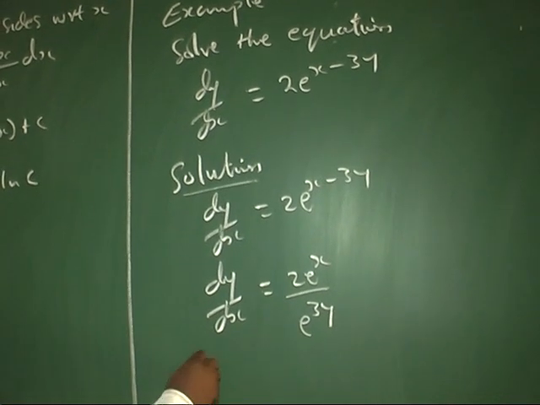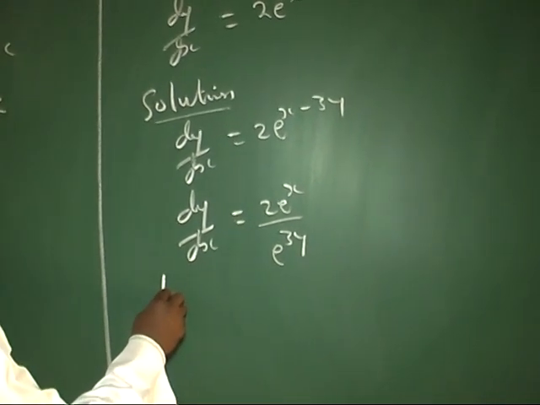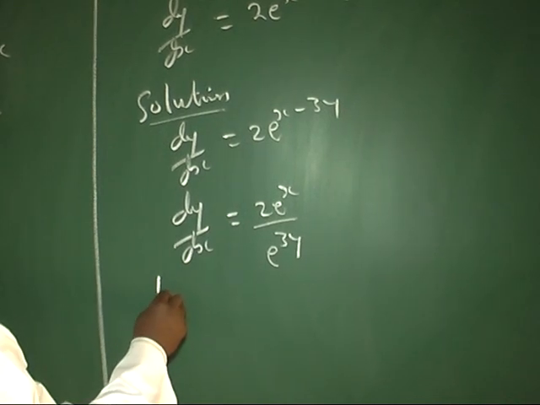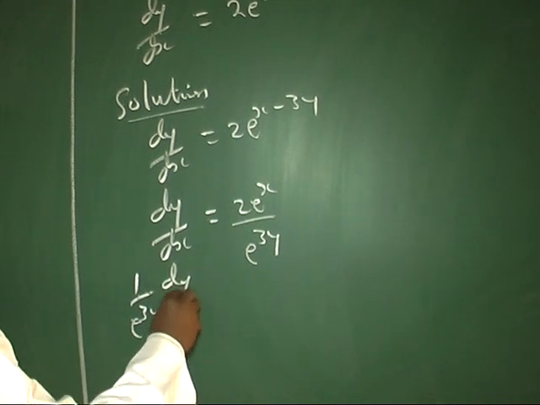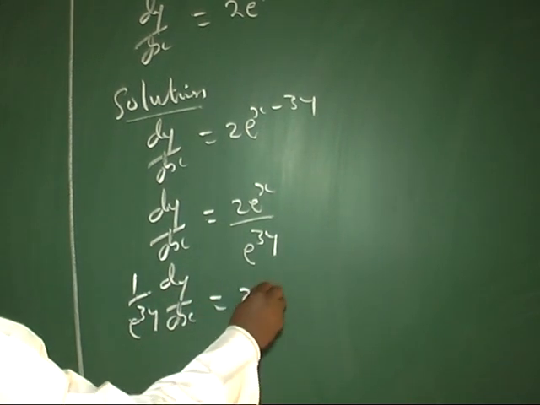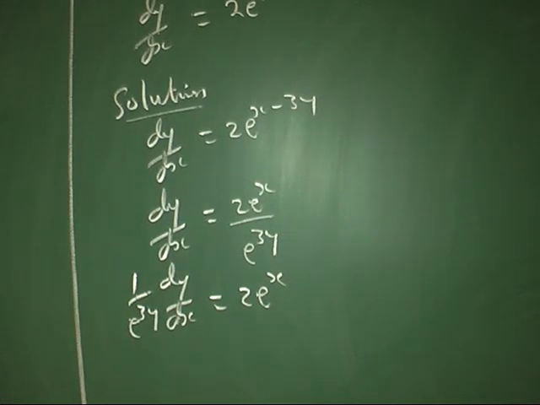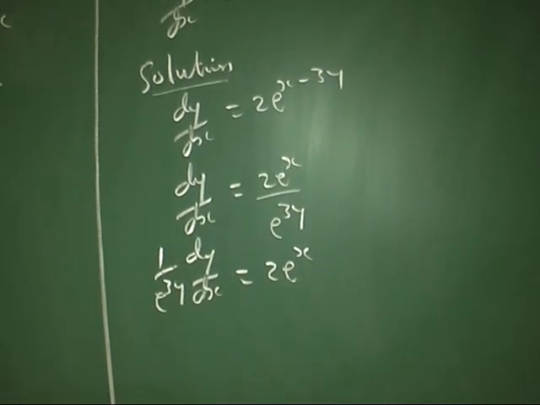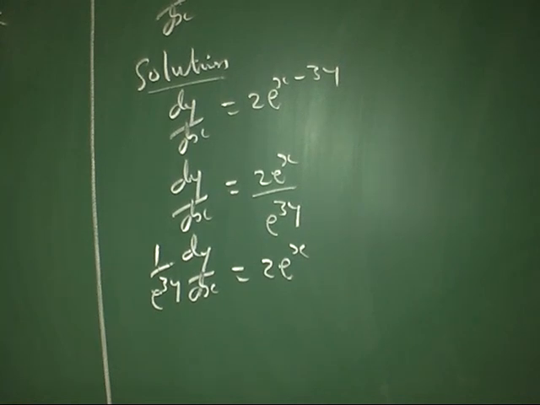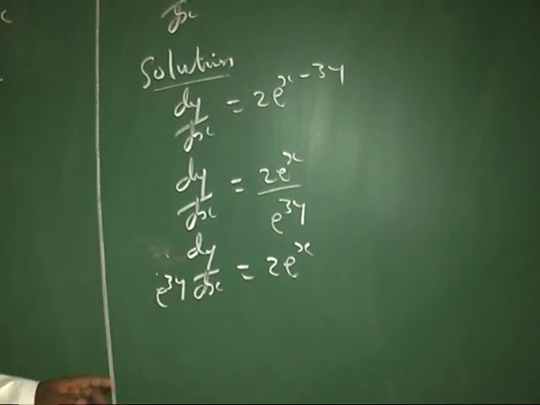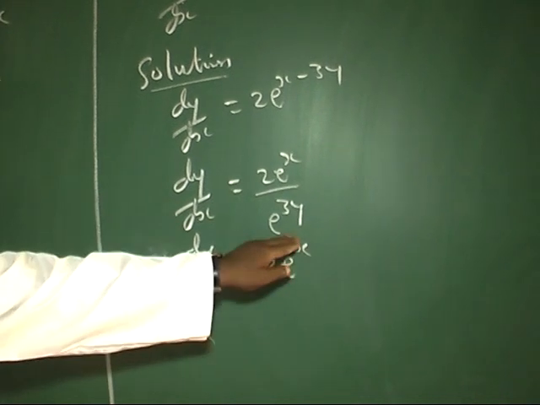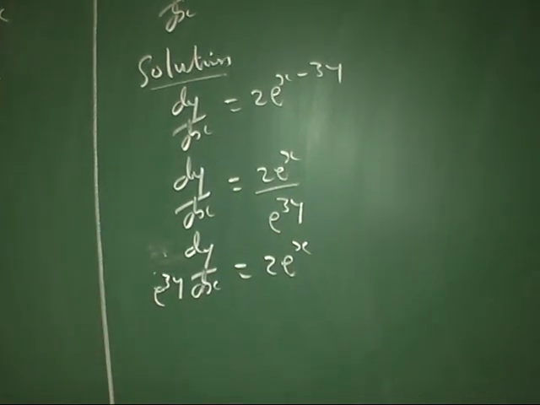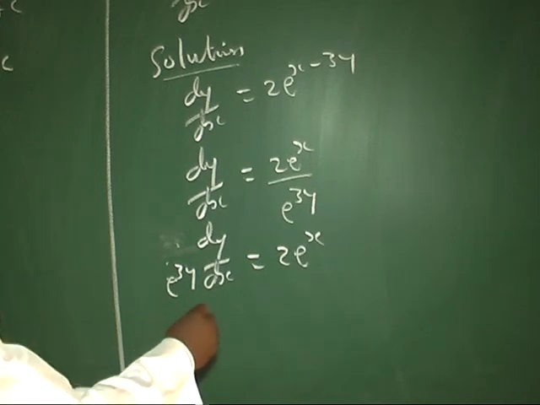But we can write this as 1 all over exponential 3y dy dx is equal to exponential x. And by this way, we see that we can integrate it, because with this we can keep it here. By dividing, we go to this way, so we have it this way, which means integrating